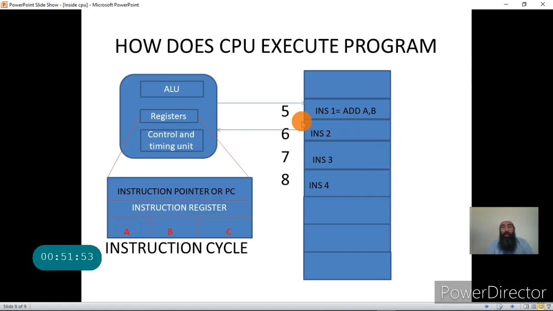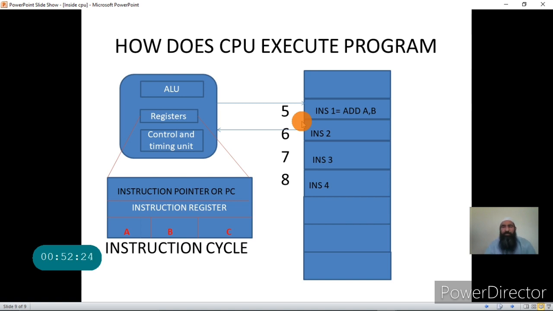Next, now I come to my main topic. Right now I told you that it is the CPU that executes the program. It is the component that executes the program, that's a microprocessor. And through the instructions of the program, the programmer instructs the CPU what it has to do. Now the CPU is capable of understanding those instructions. This is important.